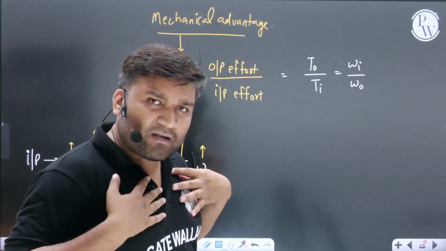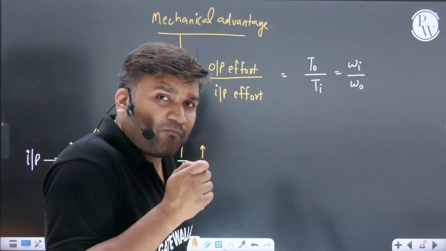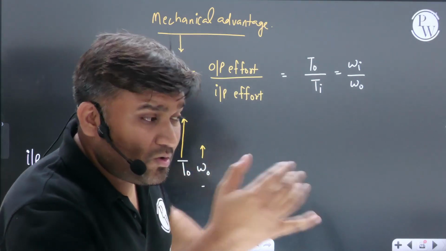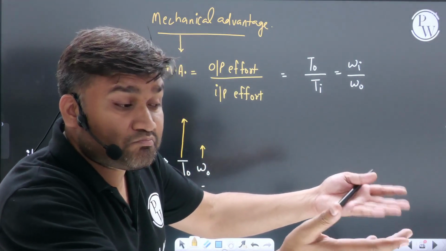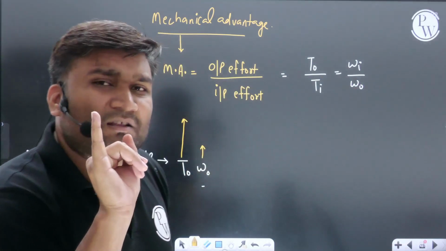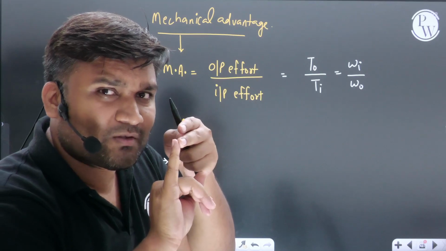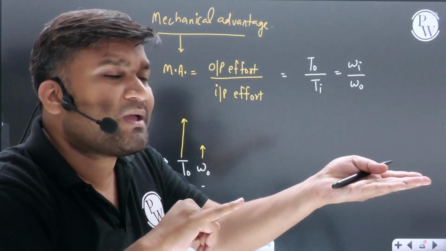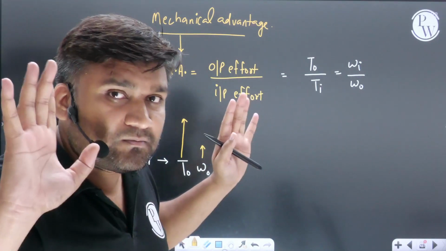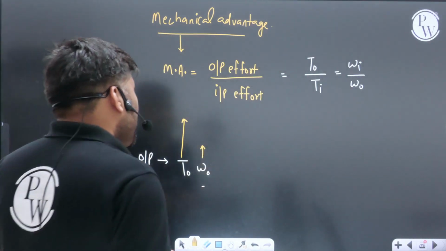I can understand, but very small amount of force, if I'll apply force by this little finger, I can even raise 1000 kg weight with the help of my this little finger. That's a different thing. I will have to apply force with large velocity, but output may with very small velocity that heavy weight will be lifted. Clear है ना? अच्छा,